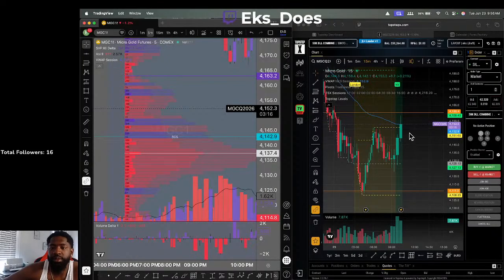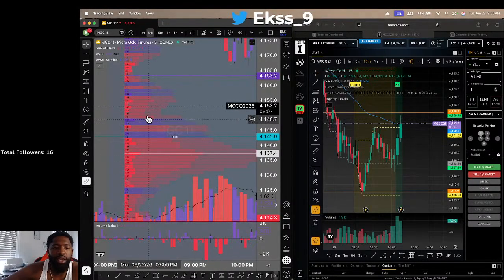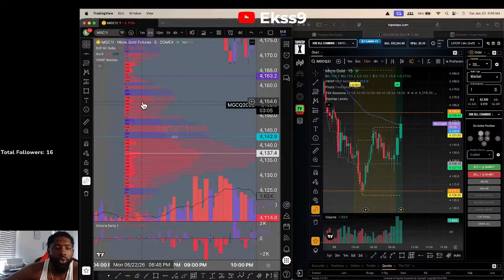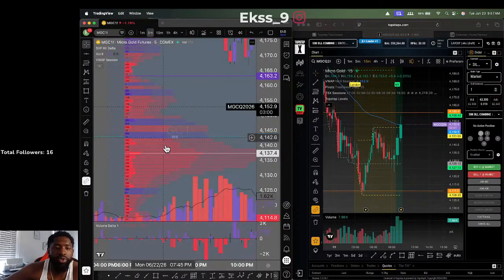We got this 15-minute candle about to close here. I see a strong wick on the upside, right? Showing some selling pressure kicking in, which is a good thing. And then looking at my volume tool here, we're also seeing some good selling pressure step in at this level, right? To hopefully have price come back into